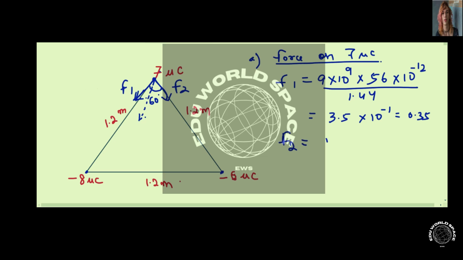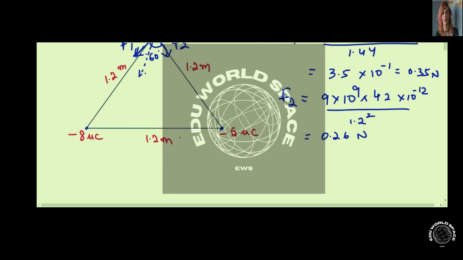Similarly, F2 will be K Q1 Q2, that is 7 into 6, so 42 into 10 to power minus 12 by 1.2 whole square. So if we simplify this, we get 0.26 newtons. So if we want to find out the net force,